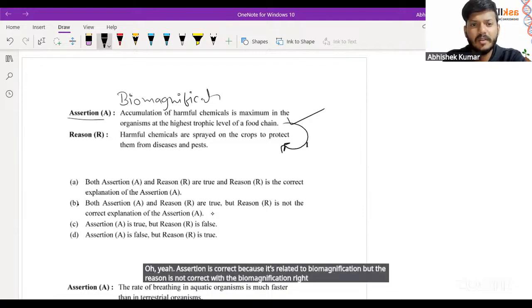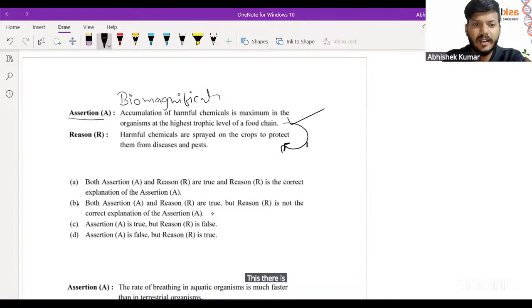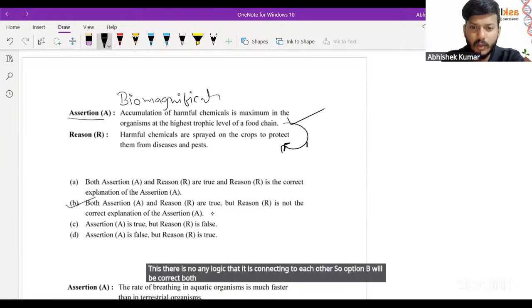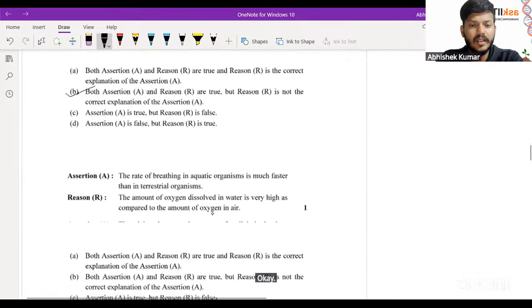Because we are talking about something else, that harmful chemicals are sprayed on the crop to protect them from disease and pest. There is no logic connecting them to each other. So option B will be correct. Both assertion and reason are true, but the reason is not the correct explanation of the assertion. Okay. The next question is,